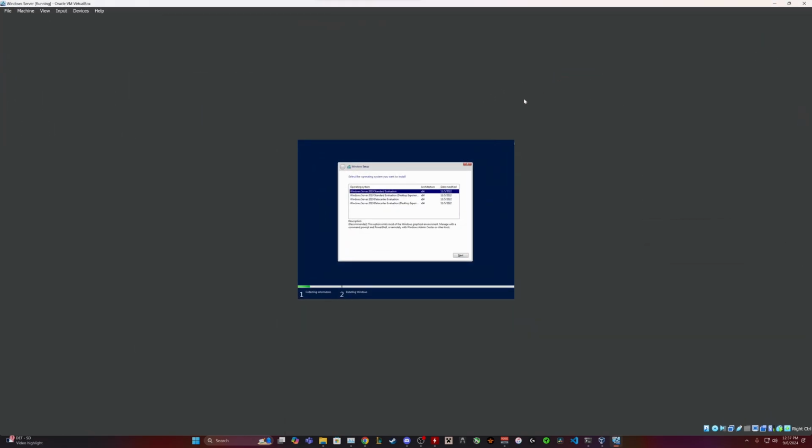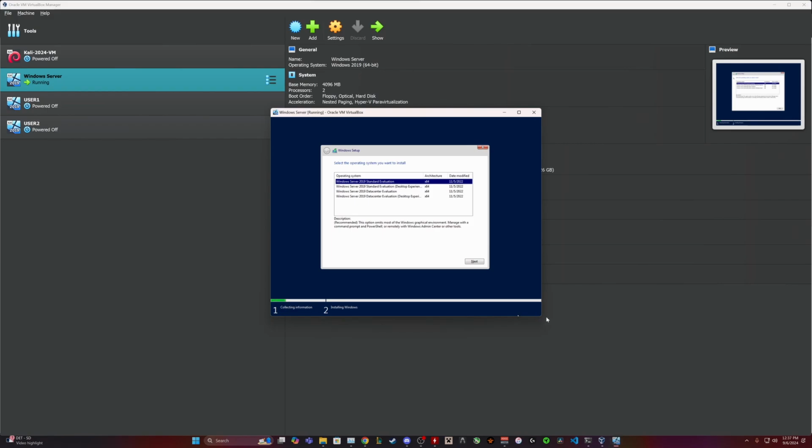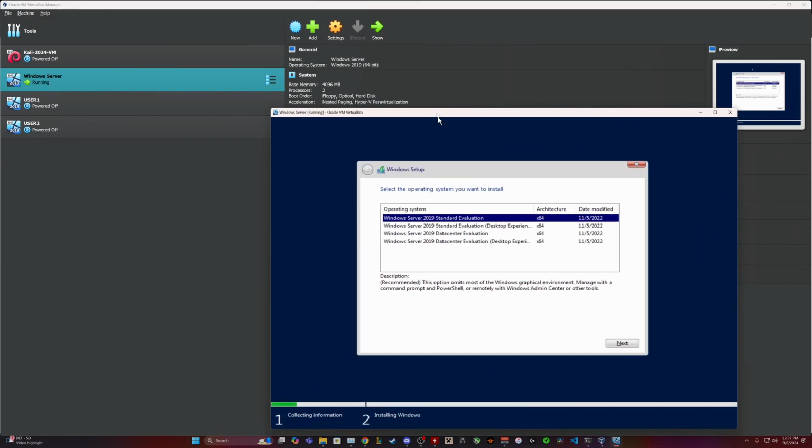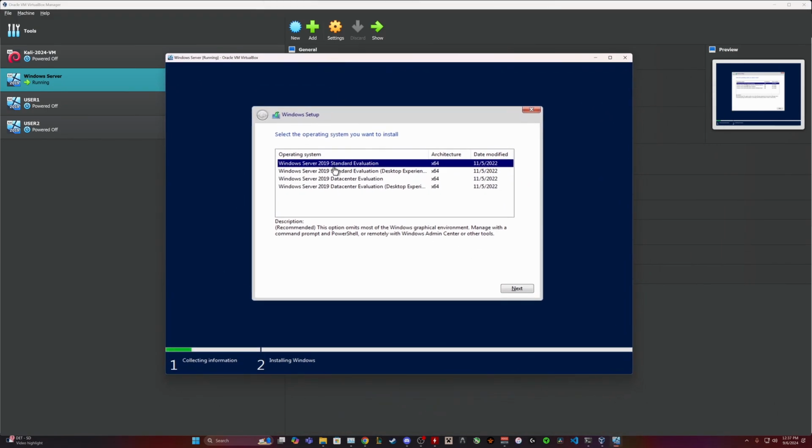Then I can, it's a little bit bigger. All right, and then we're going to select Windows Server 2019 Standard Evaluation. This pretty much gives us the full GUI, the full graphical user interface, and all the bells and whistles that we can use within the Windows server. I'm going to hit next,